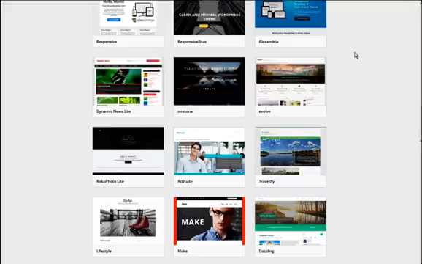Now, one thing to be careful of with themes is site speed. You'll find that some themes, some layouts, actually, because they've put so much lovely graphics in or cool scrolling system, it can make your site load slowly. And that is worse than the benefit of a nice looking site. If you've got a lovely looking site that takes 10 seconds to load, you'll